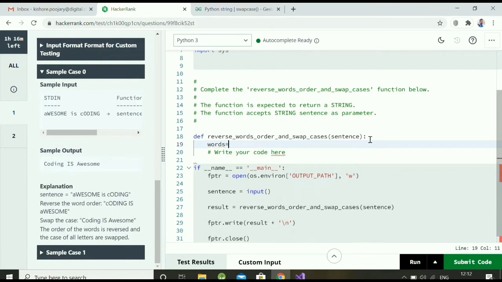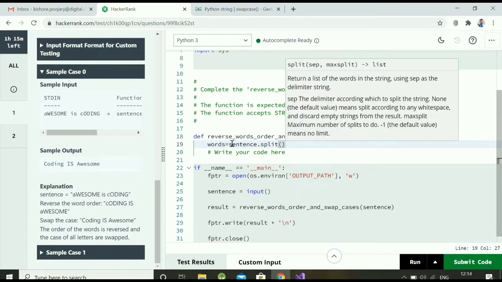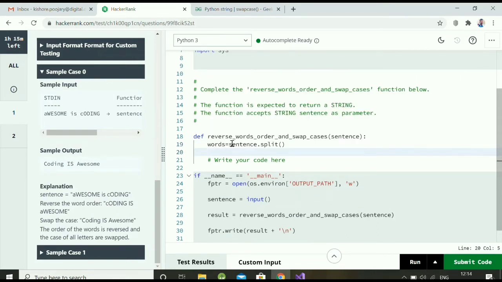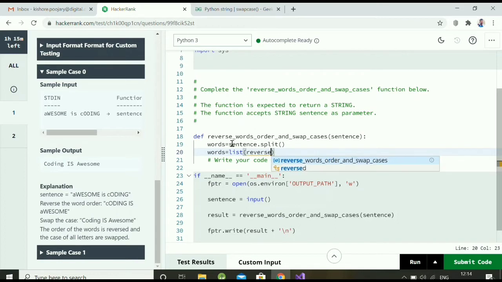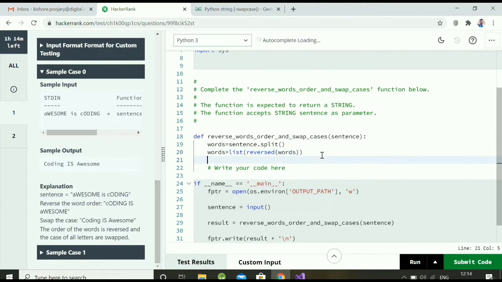Here I'm writing the code in the prompt. Here you can see I'm taking the words, meaning I'm splitting the sentence into a list, in a variable called words. Now I will again reverse the words in the list. Reverse the list. This is the inbuilt function, where you will reverse the words and store them again in words. That is nothing but a list variable.